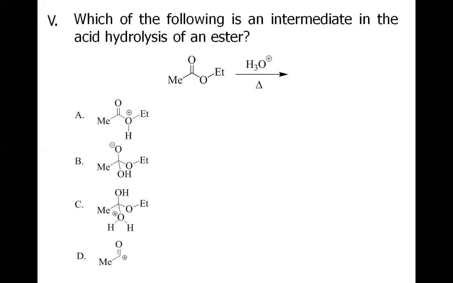However, if you look at C, it seems to be the answer, and yes, it is the answer, because if you recall the hydrolysis of ester, the first step is the protonation of this carbonyl oxygen. Then the water as a nucleophile attacks this carbonyl, breaking the C=O double bond into the C-O single bond, and we have this intermediate. After that step, the proton shifts, this H migrates to this oxygen, and then the lone pair of this oxygen pushes out the ethoxy as ethanol, out of the system. Hence option C is the answer.